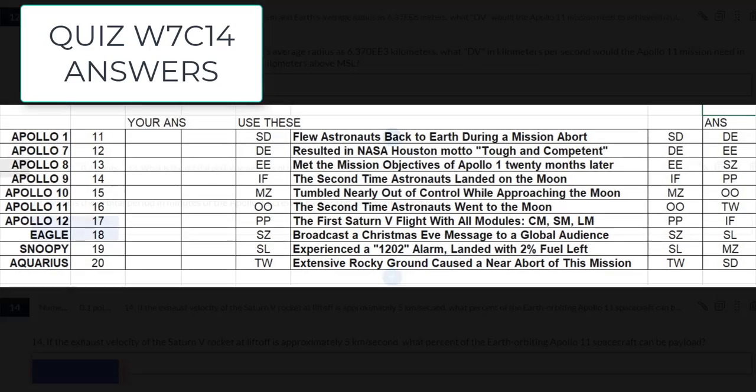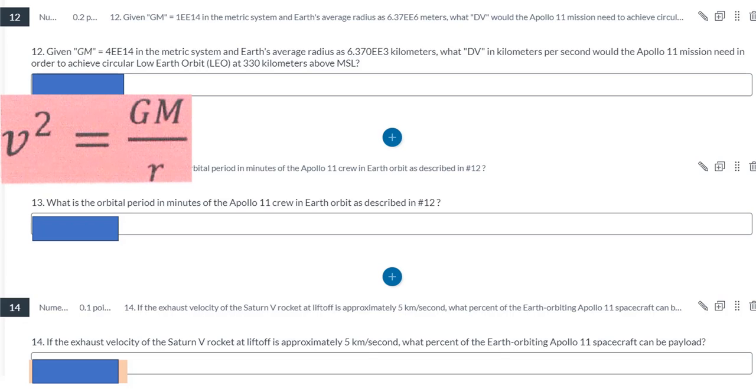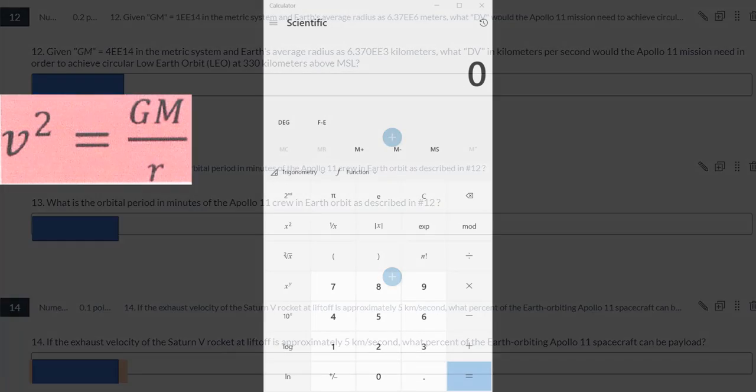I'm going to focus on the delta V needed to get the Saturn V, the Apollo spacecraft, into low Earth orbit at 330 kilometers above MSL. So we'll use V squared equals GM over R, or the velocity is the square root of GM over R, and I'll use a personal computer scientific calculator to show you how you might want to do that if you